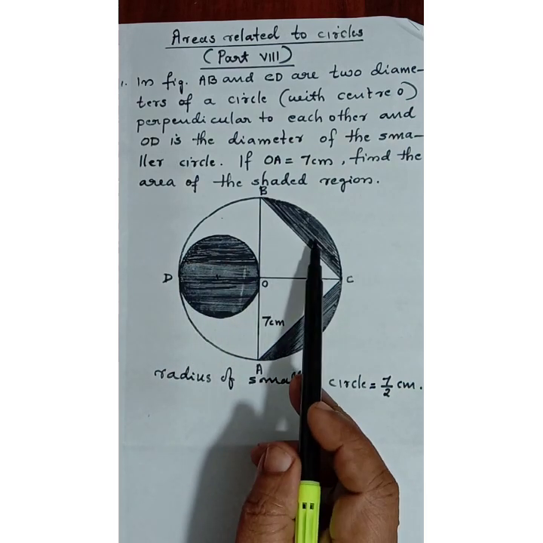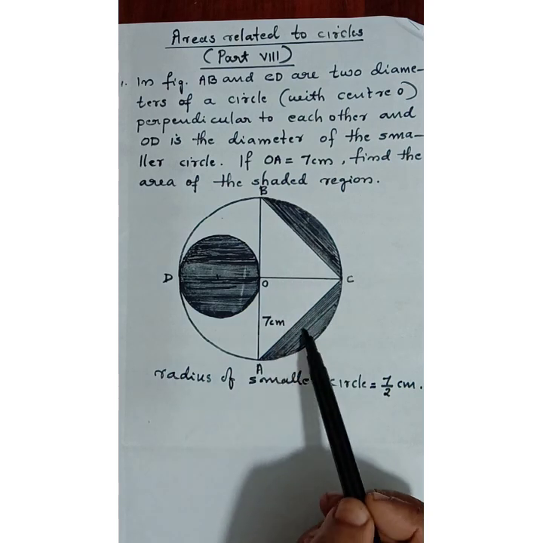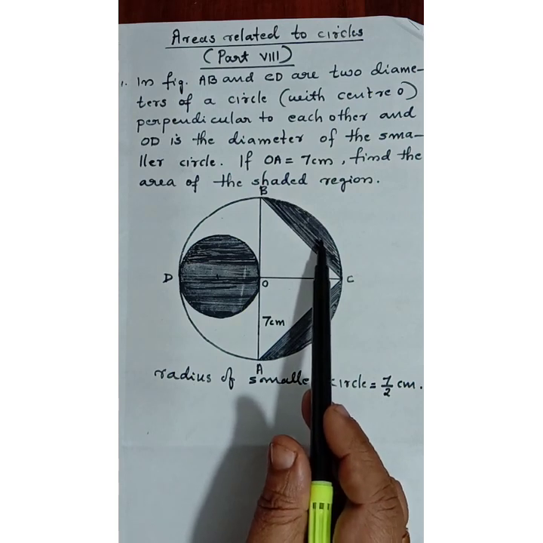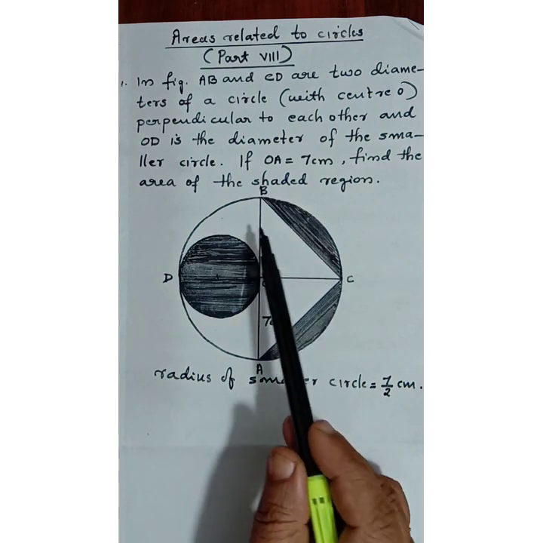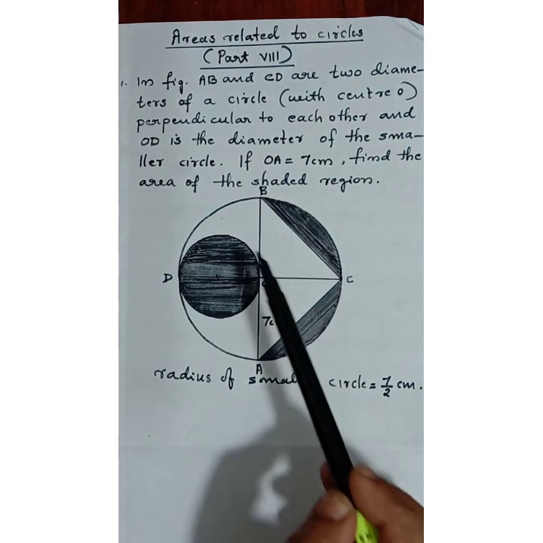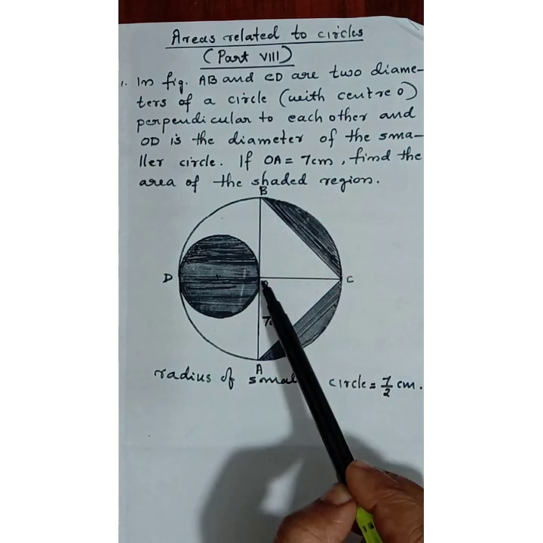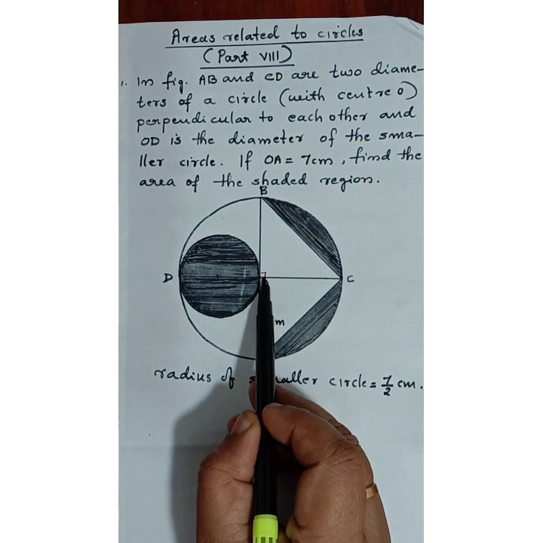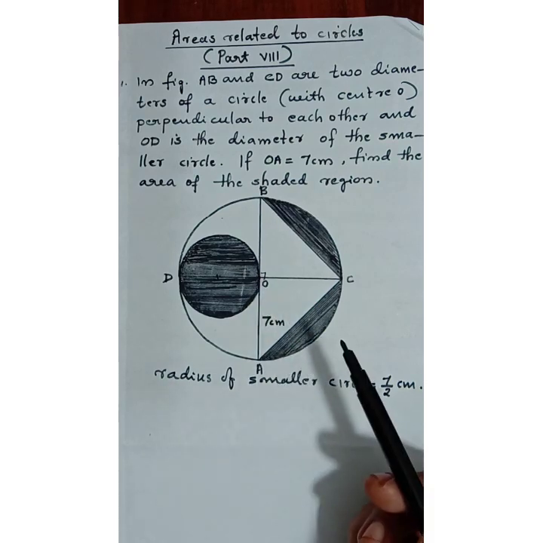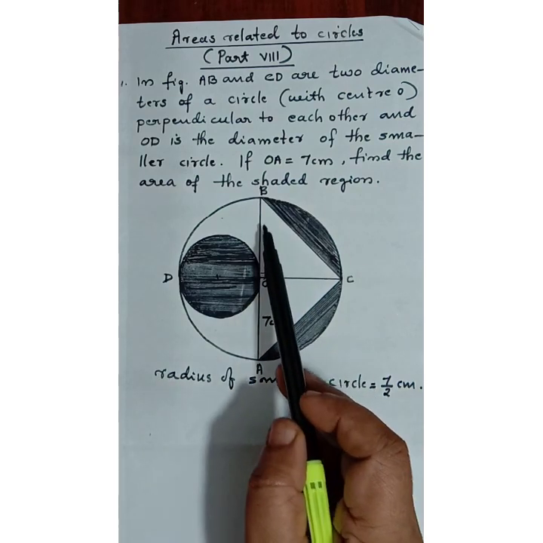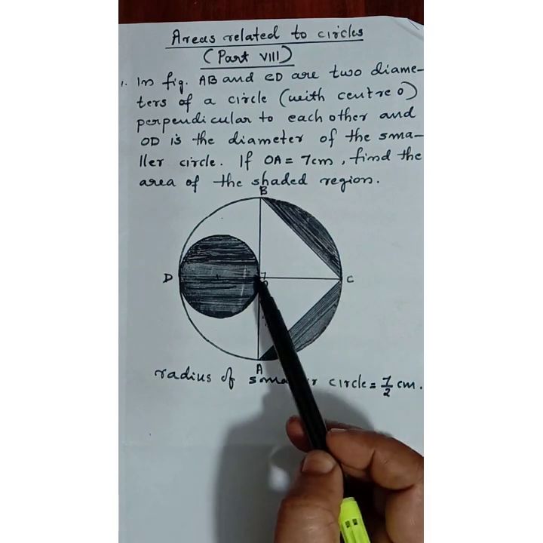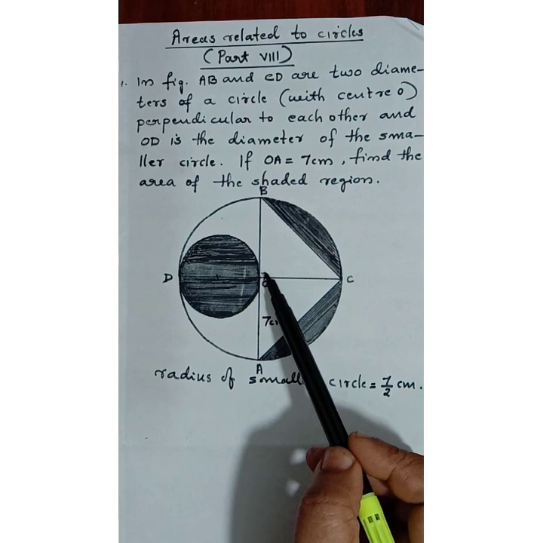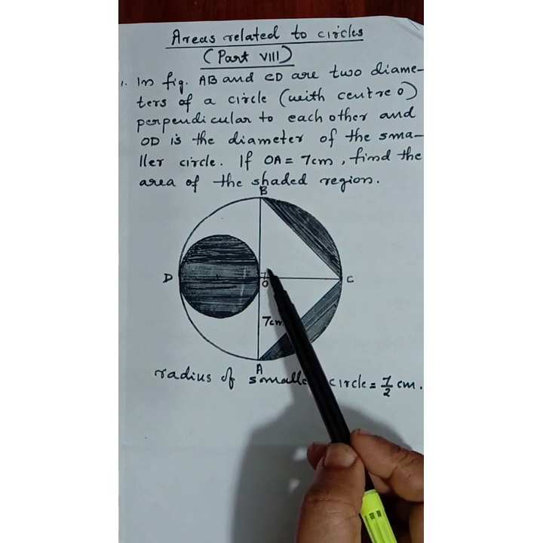After that, we have to find out the area of the segment. Two segments are of the same size. Therefore, first let us find out one segment. How do we get a segment? We have to find the area of the sector BOC. This is a quarter portion, or we call it a sector. They are perpendicular to each other, so it forms a 90-degree angle there. To get the sector area, we know it is theta by 360 into pi r square, which is 90 by 360 into pi r square.